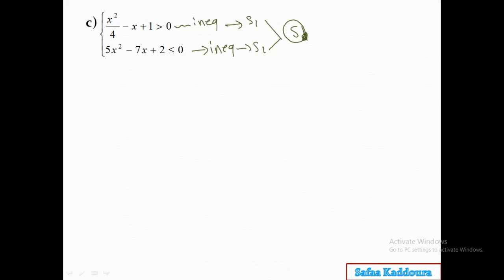But I want to give you a hint here. You will enter to calculator 0.25, minus 1, because the coefficient of x squared is 1 over 4 and 1 over 4 is 0.25. Please try to solve this